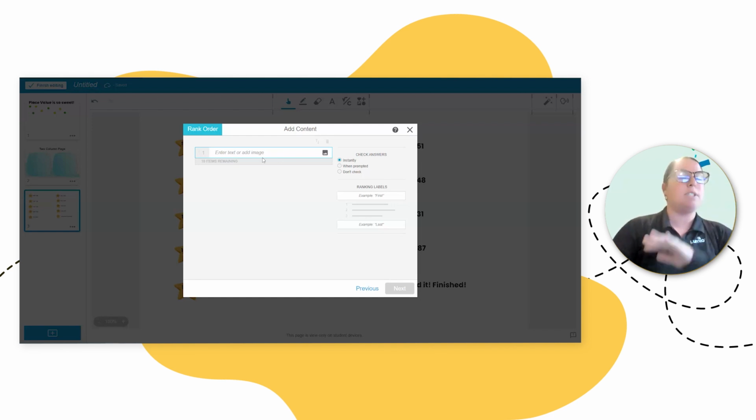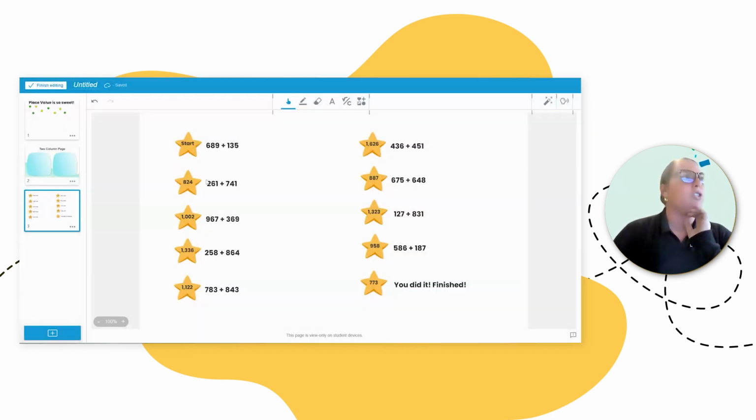But this is where I knew I didn't want to put text. I wanted to put images. So I just used the same strategies. I used my text tool. I used grouping on an image. And I took little quick screenshots of this. You do not have to do it this way. I just wanted to do it that way, obviously. And I took little screenshots ahead of time of each one of these. Again, this is actually in the file. I left this slide at the bottom of it. So when you get the file, you'll have access to the slide and you can just put your own numbers here if you feel like it.